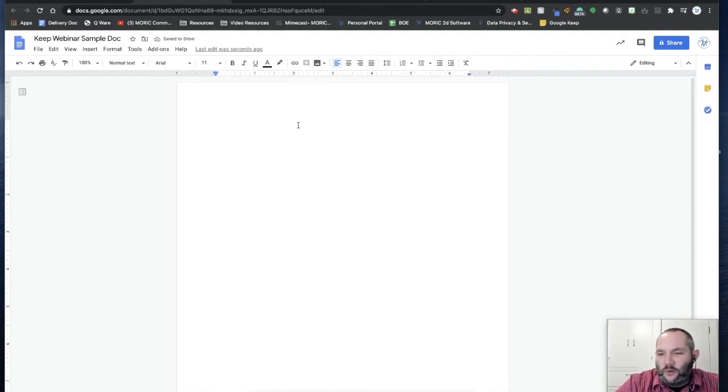One of the things you'll notice in Google Docs that they changed, I think it was sometime last year, is they added some cross app integrations for some of the tools within G Suite that you'll need to use not just in their standalone app, but you can also use in other apps. So Google Keep is one of those items.